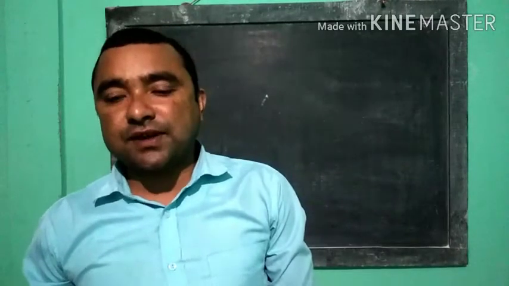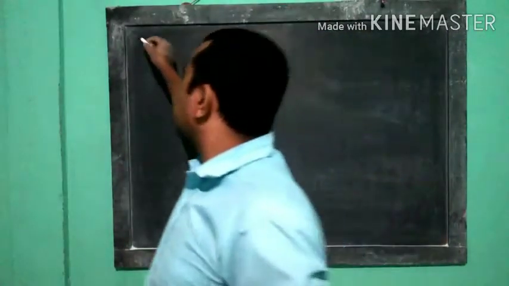In the last class, we discussed continuity and differentiability, chapter number 5. We have already done so many questions. Today we are going to solve the remaining questions of exercise 5.1. Today we are going to solve from question number 7. So question number 7, a function is given.